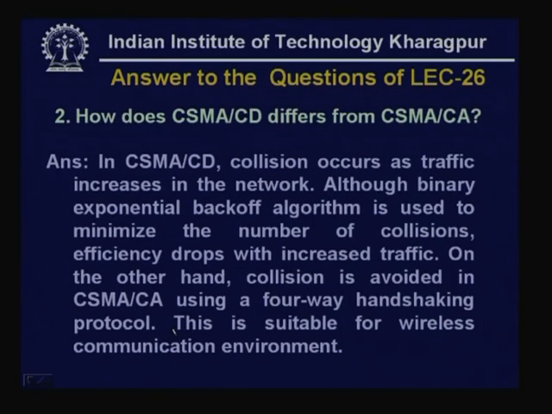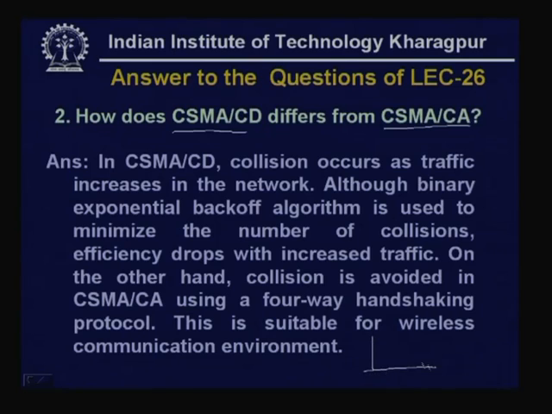Second question was, how does CSMA/CD differ from CSMA/CA? In CSMA/CD, collision occurs as traffic increases in the network. Although binary exponential backoff algorithm is used to minimize the number of collisions, efficiency drops with increased traffic. We have seen that in CSMA/CD, whenever collisions occur, by using that binary exponential backoff, the average backoff time is doubled. So, that minimizes the number of collisions, but in spite of that, as the traffic load increases, the throughput decreases,